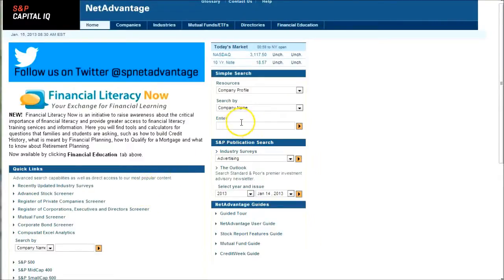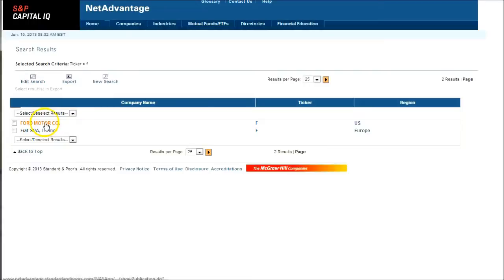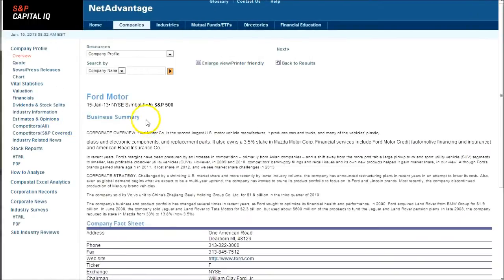for here, you can basically go over and search by company name or by ticker. So if we want to go and search for Ford, we can just do F or search for Ford that way. Do a search there. Here we have Ford Motor Company, and what we're looking for in here is the stock reports. There's all other kinds of information in here, but for the purpose of this video, I'm just looking for stock